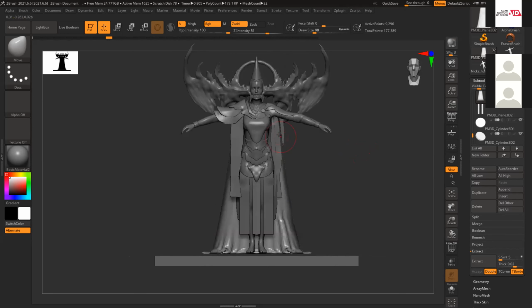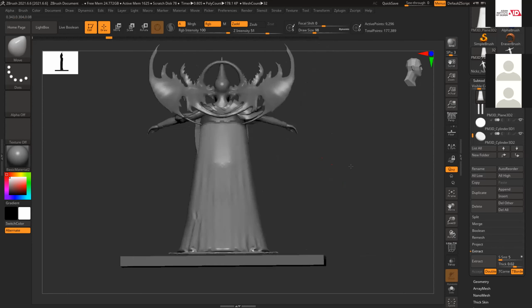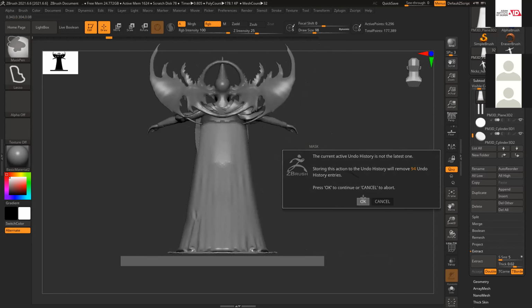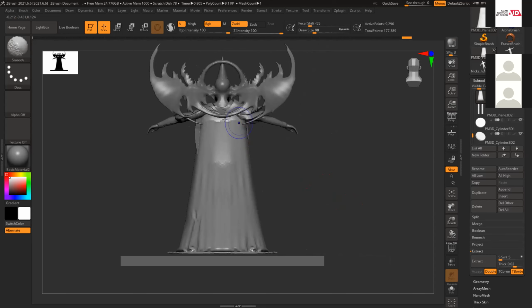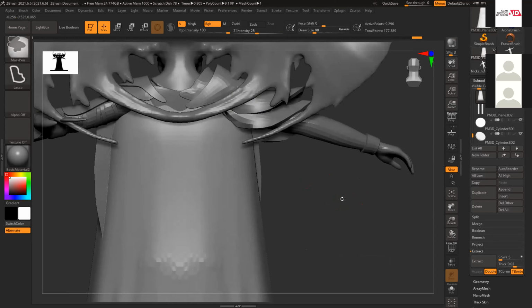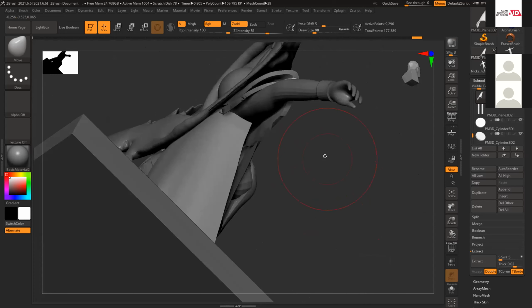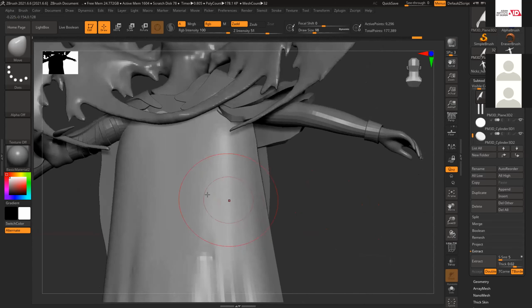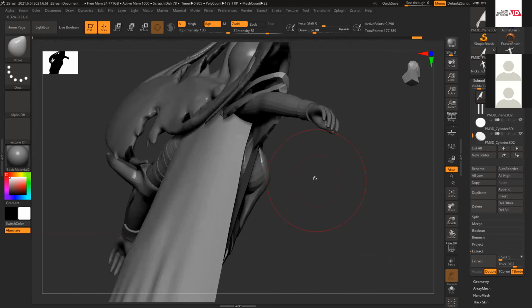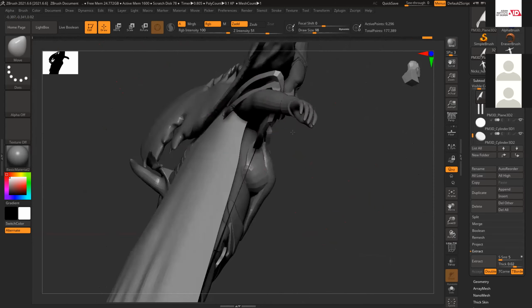So you see, I just created the escape thing also. It should go behind this arm with the move tool.